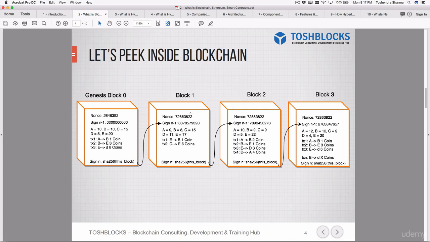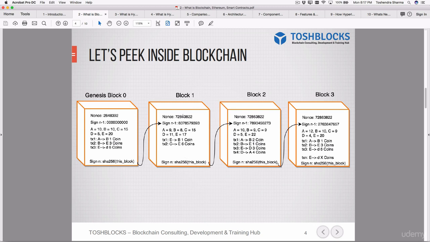This signature of block 1 should be in such a way that it is lesser than or higher than the previous block's. Whether it is lesser or higher depends on the algorithm type. Algorithms can choose ascending order or descending order, but it has to be in a particular format or order. So the responsibility of the miner, the person or the server who is adding the block, is to guess a nonce in such a way that the signature of this block is lesser than the previous one, if we are following the descending order.